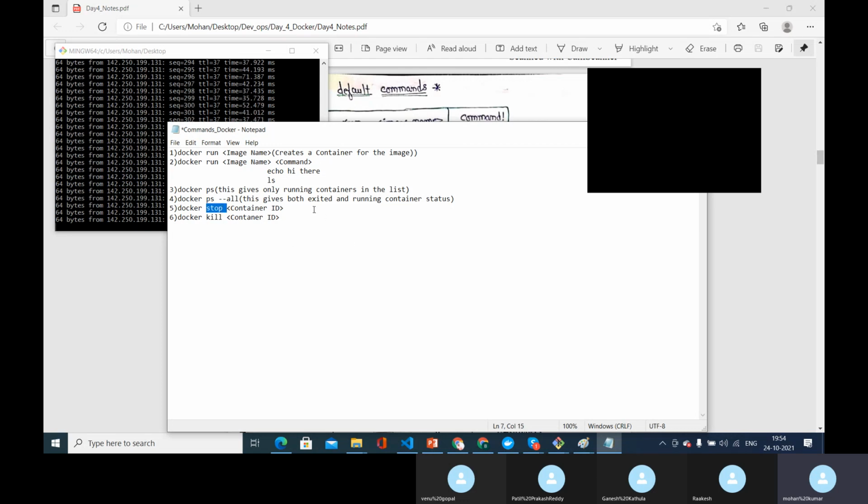Docker stop gives some time for closing processes. Think of a try-catch block in Java, where in the catch block you do a few things when you encounter an error. Let's say I'm running a database. Whenever there is an issue while executing a command, I shouldn't keep the database connection alive.